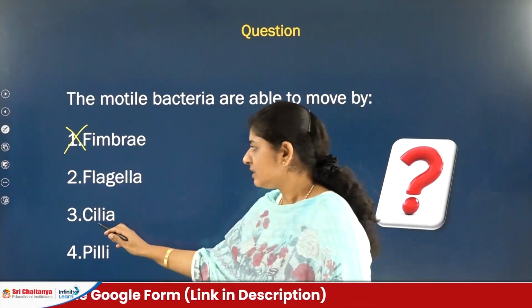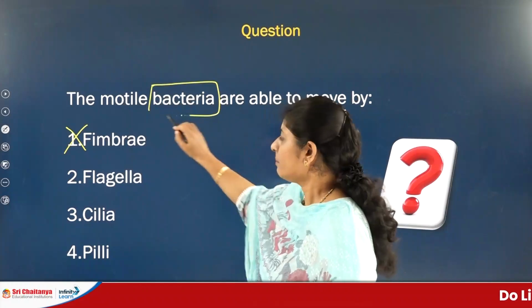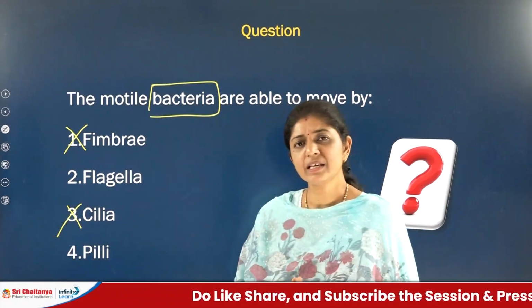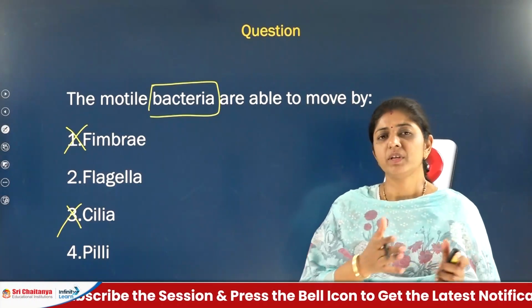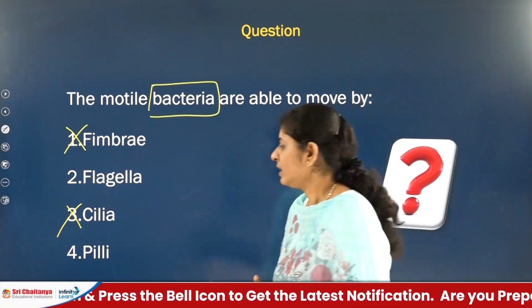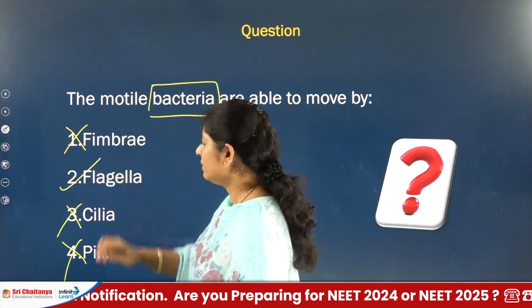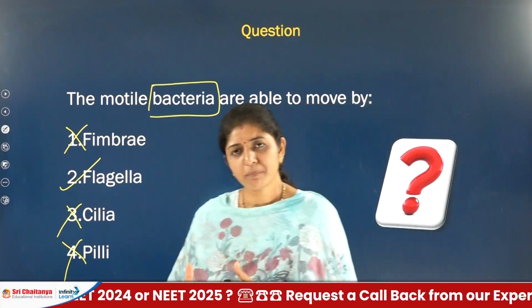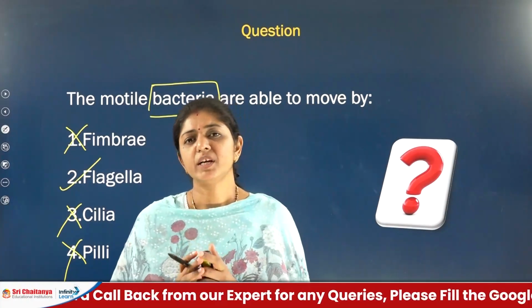But let's see the others. Cilia are absent in prokaryotes, meaning in the case of bacteria. That's why this is not your answer. Villi are there, but again they are for attachment, not for locomotion, with the bacteria. That's why again this is not your answer. So what will be the final answer here? Flagella. Is that clear? So likewise, topic by topic, like today we have discussed, give every topic importance like this,